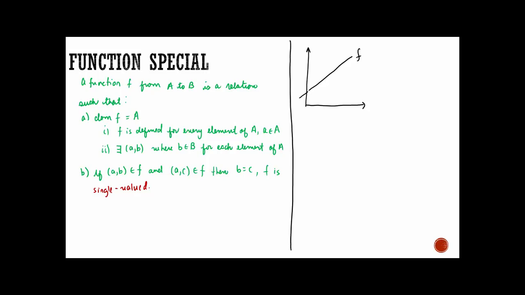Then this is going to be A, our domain, and this is going to be B, which is our range, or y, x and y. And we know this function is going to be equal to y, which is equal to f of x, or a function of x. And we know that A and B are going to be part of this set of functions. So a single value function